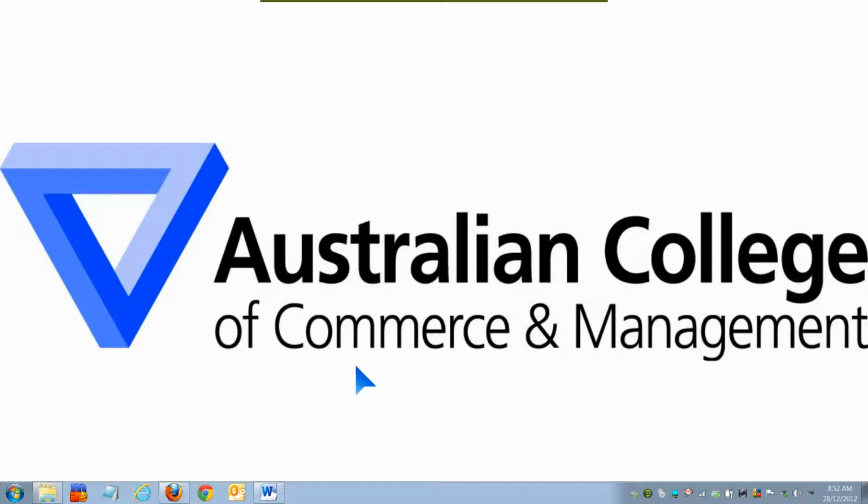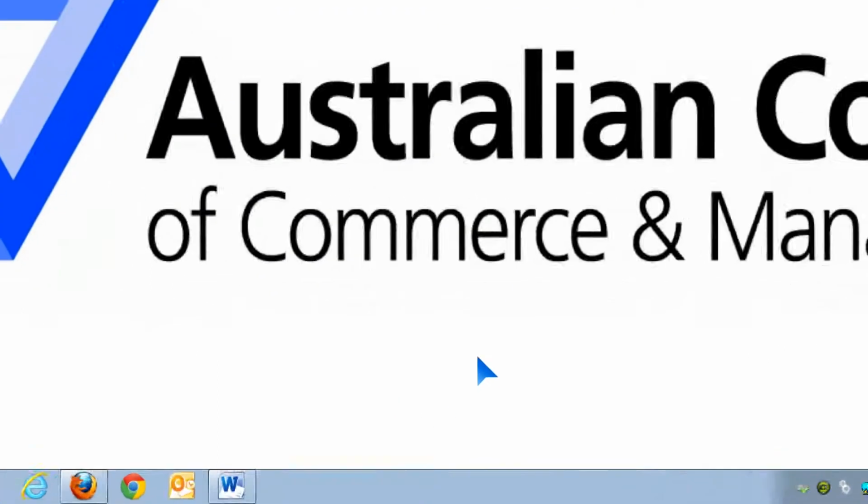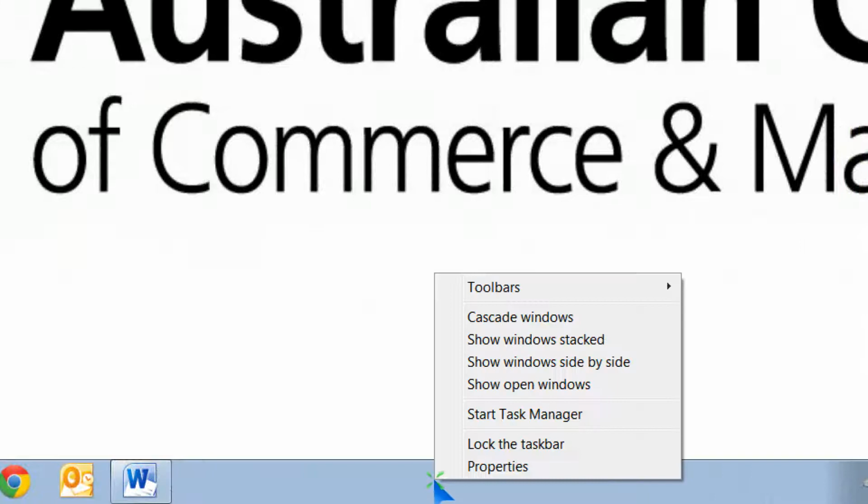Okay, we're going to have a look at Task Manager. Now, Task Manager is one of those nice little programs that most people will bring up at various times, and they mainly know it as a way of shutting down the computer, but actually Task Manager has a whole range of extra information. Now, the quickest and easiest way to access Task Manager is to right-click in your taskbar and